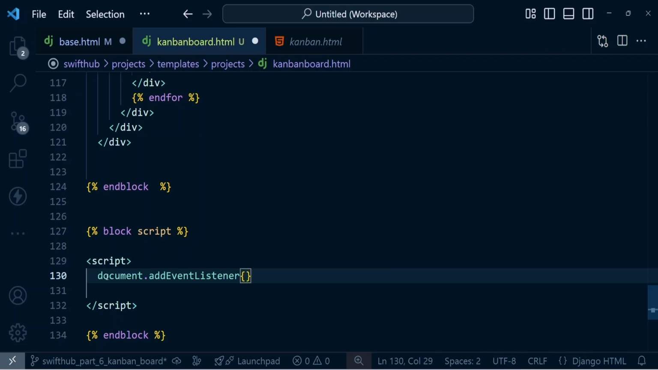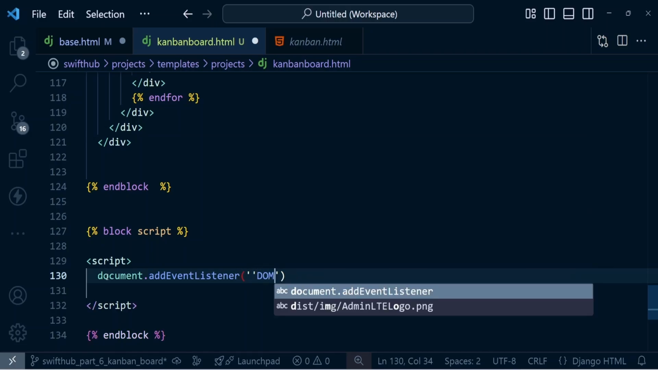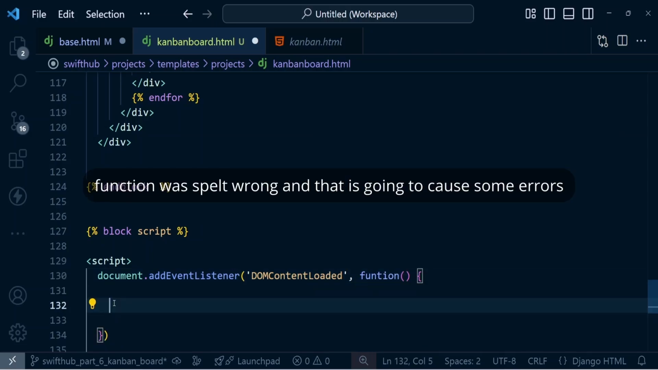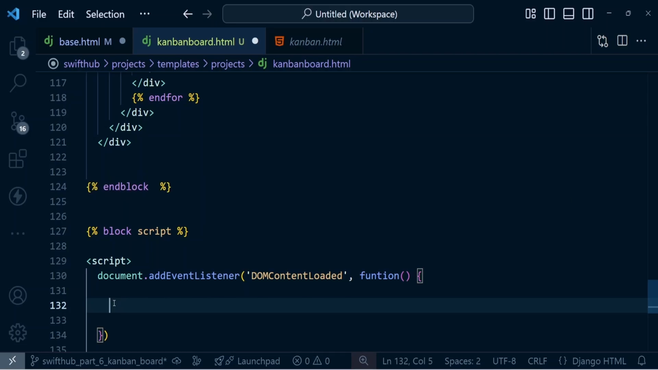And to do that, we're gonna do DOM content loaded like this. Okay, perfect. Sorry about this typo. I'm just gonna clear one of them like this. Okay, so at this point, I'm just gonna bring a comma over here, and then we bring our function like this. All right, so at this point, what we wanna do is to be able to select all the task